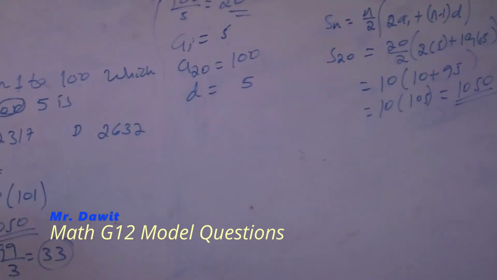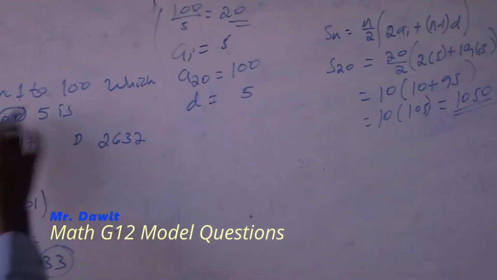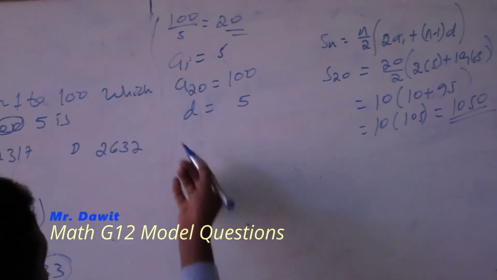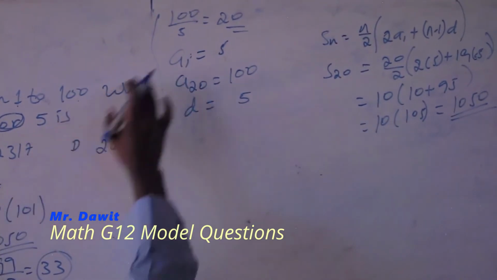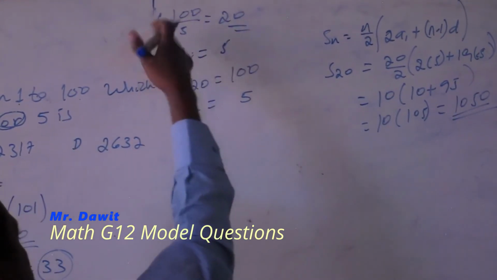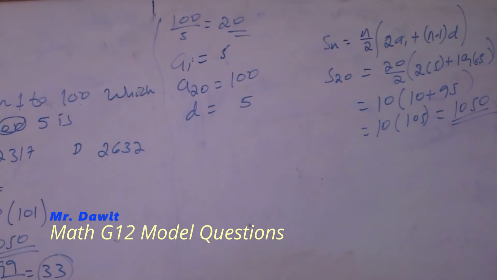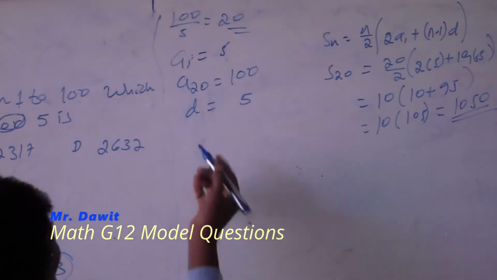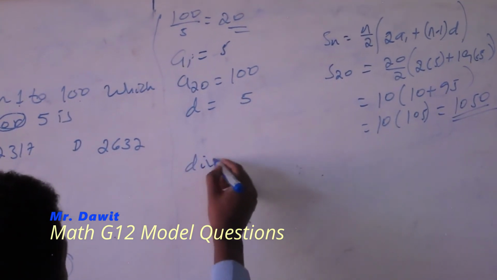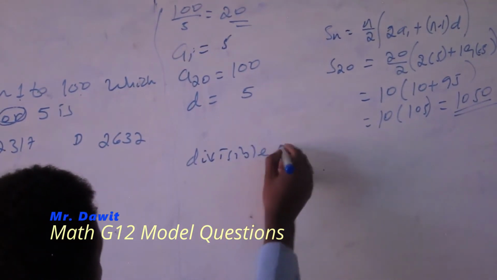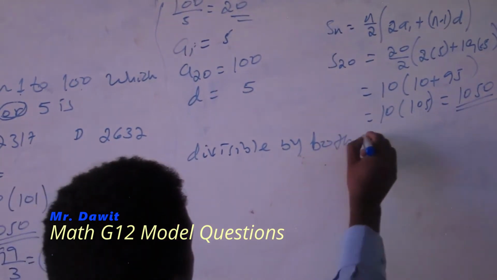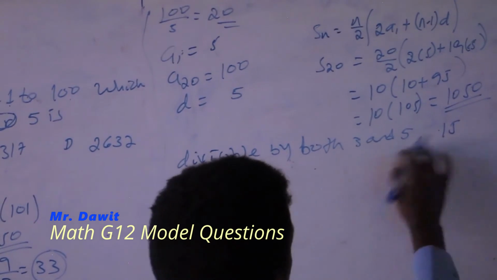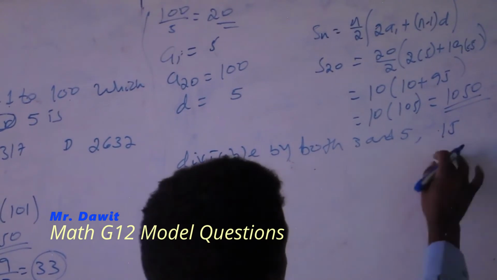Again, we have to find the numbers that are divisible by both 3 and 5 at the same time. That is 3 times 5, which is 15, right? So we have to find the largest number less than 100 that is divisible by 15, which is 90. So the numbers divisible by both 3 and 5 at the same time are multiples of 15. The LCM of 3 and 5 is 15. So the common difference is